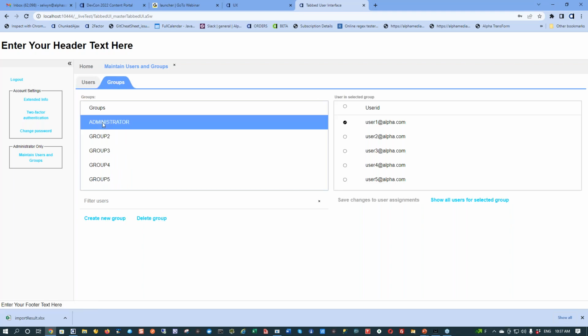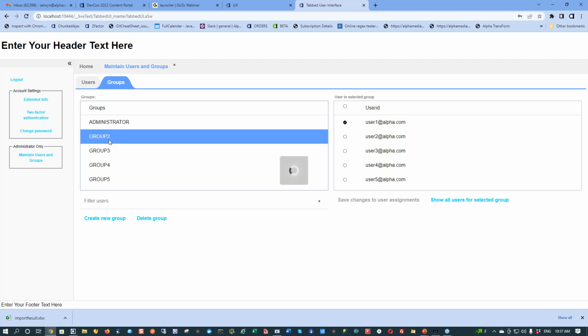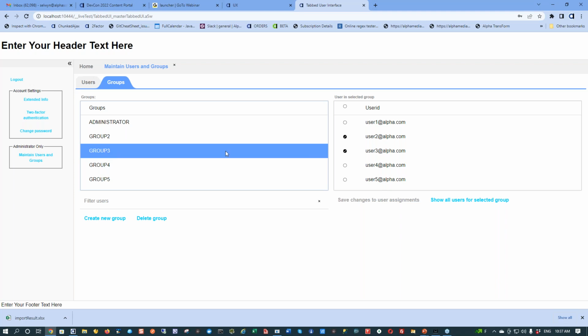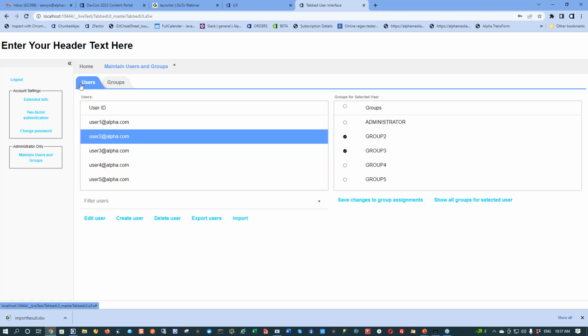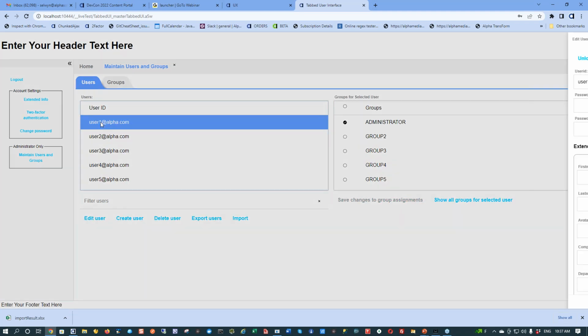Now we're looking at the data from the group's perspective. So these are the users who are in group two. We can see that user two is in group two, and in group three we have user two and user three. If I want to edit the user, I can go back to users, double click on user one, and